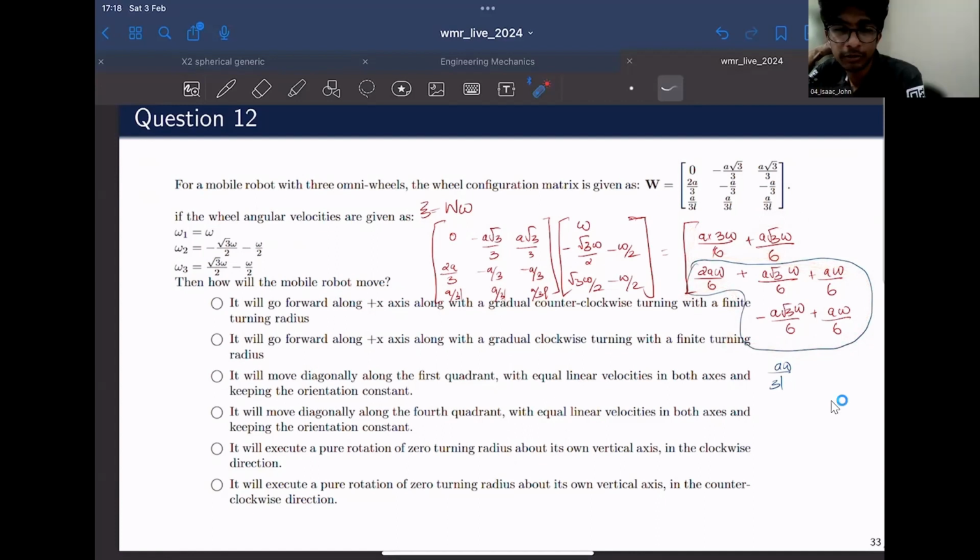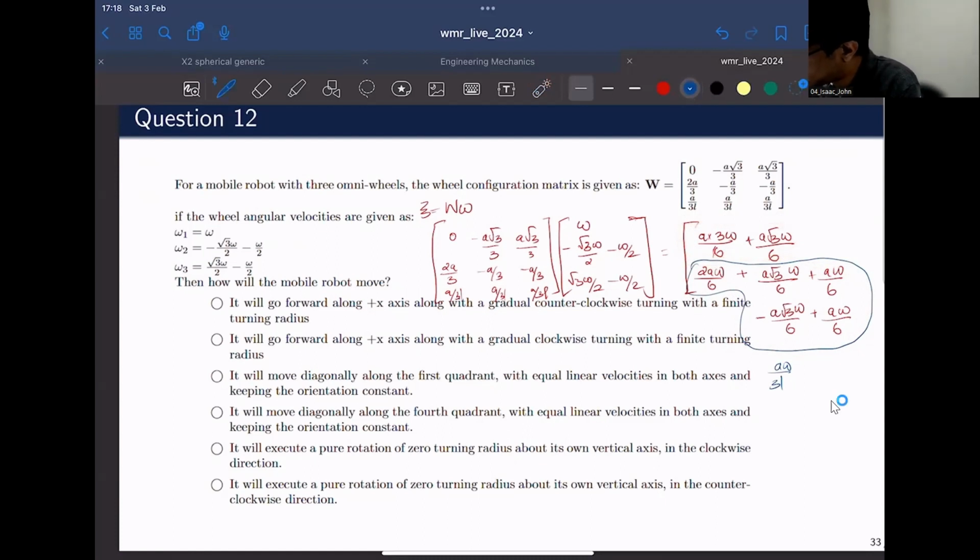First row, a omega by root 3. Are you talking about this one? Yes, sir. Total, because W1 is W, omega, and you have 0 and a omega by. Okay, correction. So the final entry would be